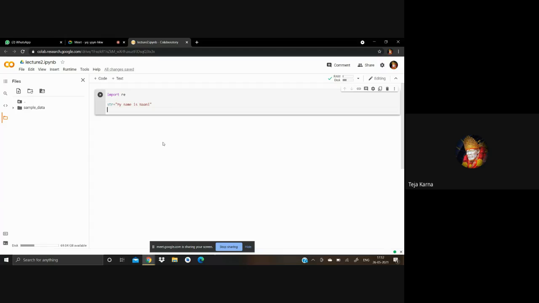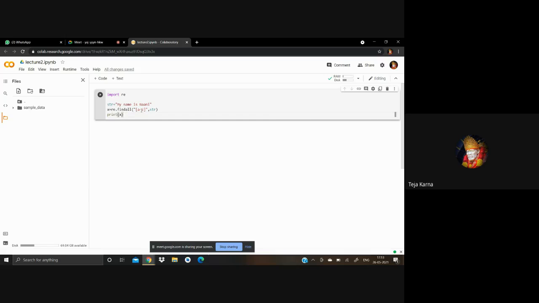Now if we apply the function re.findall, the pattern written in this is going to find all the lowercase characters, and that too in alphabetical order between a to z.